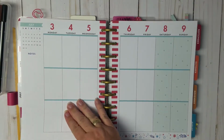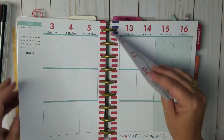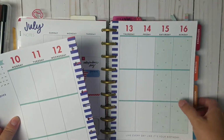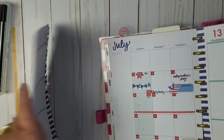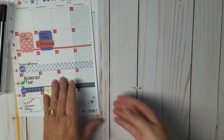Oops, I think I need to come over just a little bit. You know what I need to do? I need to pull these out, because otherwise it can be a bit of a mess. And I need to keep this open because I'll forget what all is going on if I can't look at